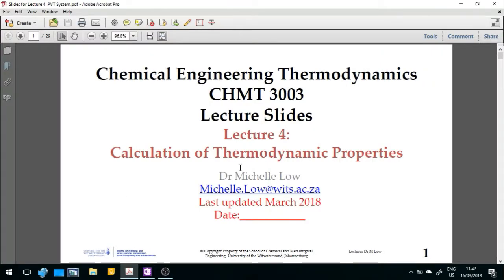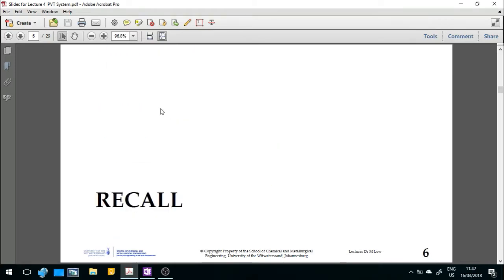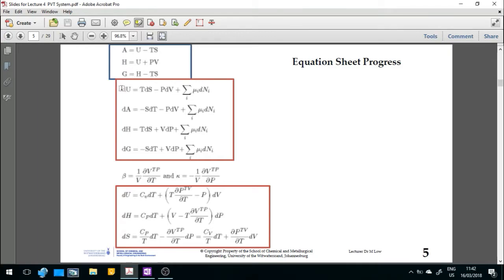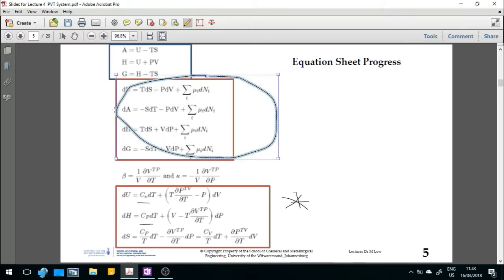Covering lecture 4, summary calculation of thermodynamic properties. The point of this lecture was to show you that even though on your equation sheet you have all of these equations here, can we transform them to have actually measurable thermodynamic properties, which is temperature, pressure, volume, CV, and CP. So the point of this lecture was to actually derive these equations from these equations here, and also using Maxwell